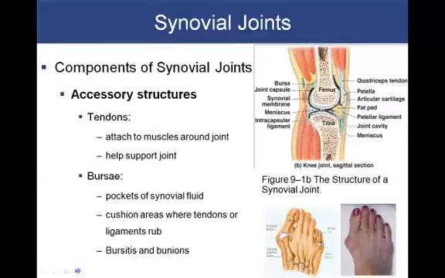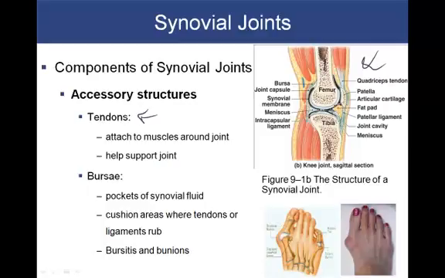Tendons. Tendons attach muscles in and around the joint. We see here in the knee joint a tremendous amount of musculature. It's not all identified, but we see both in the lower leg as well as the thigh. There's a lot of musculature associated, and these tendons help hold it all together and help support the joint. I don't know if I said ligaments, but they're tendons.